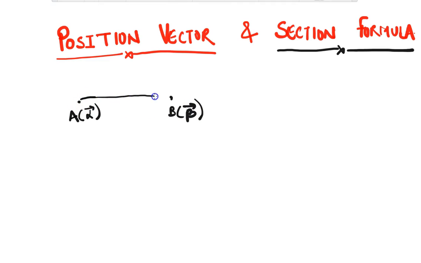Then you have seen that AB vector is equal to beta vector minus alpha vector. Now let's think of a point P on this AB vector which divides AB in the ratio of m:n. Like this,